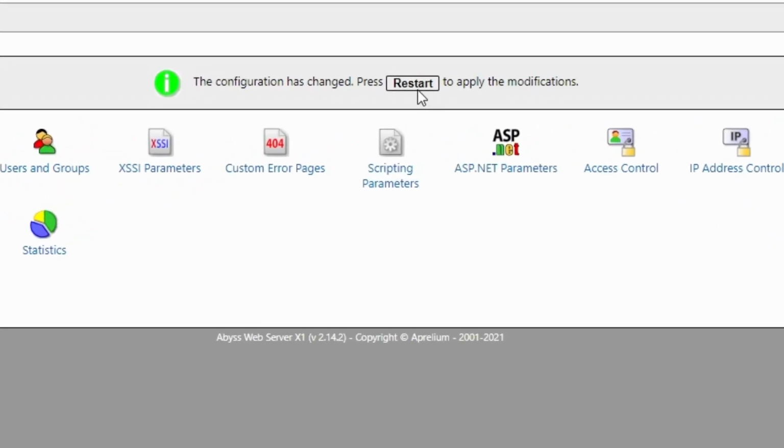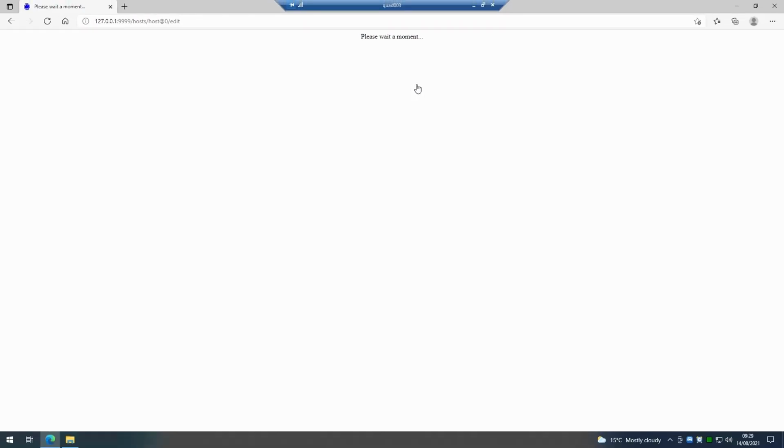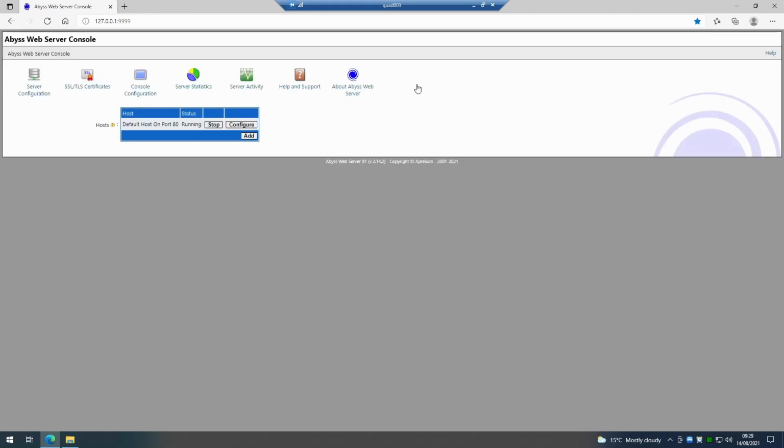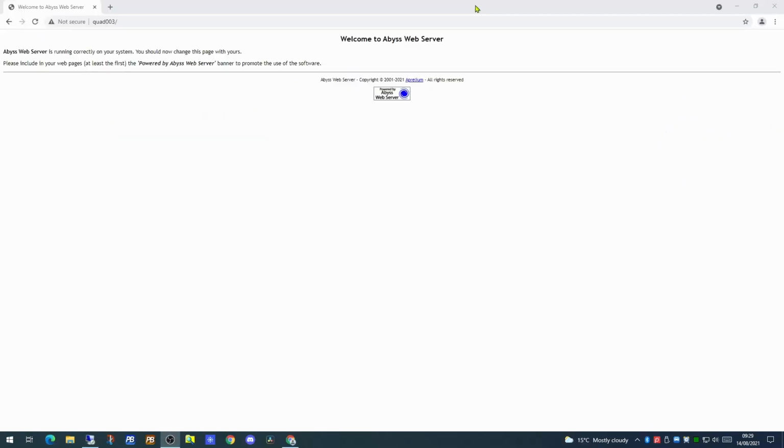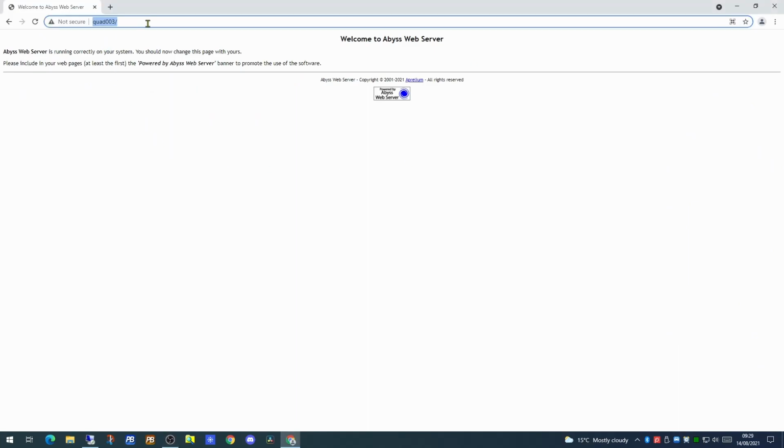Now the console has identified that we have changed the configuration, and we need to stop and restart our web server for this to take effect. So this will bring down our web server, change its configuration, and bring the web server back up again. And it's back up. So if we go back to our main computer, and in here we had the link